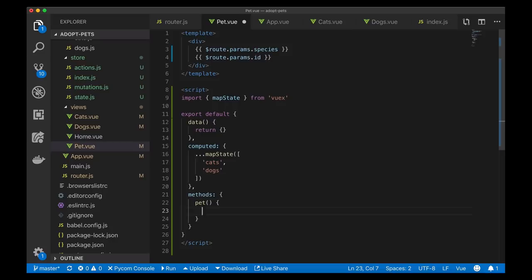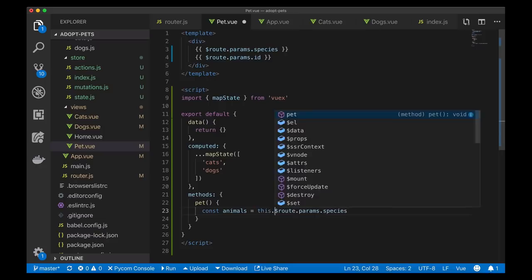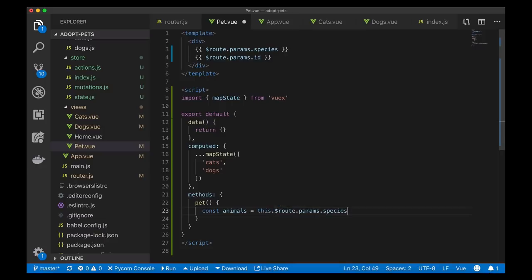And inside of pet, I'm going to check first for the species. So I'm going to say that animals equals, actually I need this here, this.$route.params.species, and now